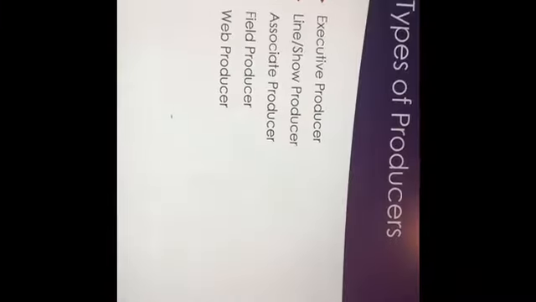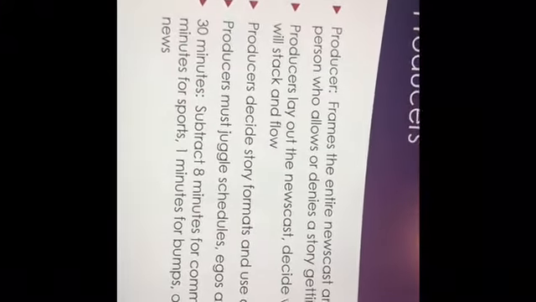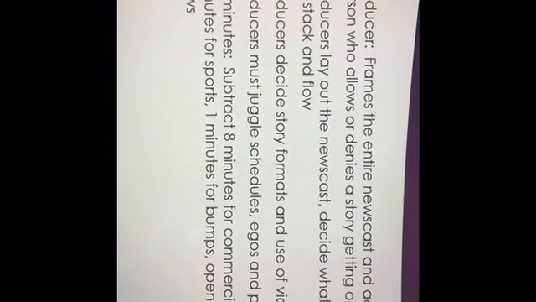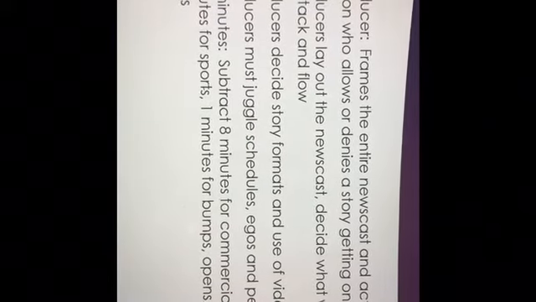Okay, next question on the study guide is, what is the news hole? Definition and duration. Now, we talk about this both at the beginning and the end of the lecture. The news hole is the amount of time that's actually slotted for news in a 30-minute newscast. So you have 30 minutes, but you have to take out 8 minutes for commercials, 3 minutes for weather, 4 for sports, about a minute for your opens and closes and bumps, and that leaves you about 14 minutes of news. So the news hole is the time allotted for news in a newscast, and the duration of it is about 14 minutes.